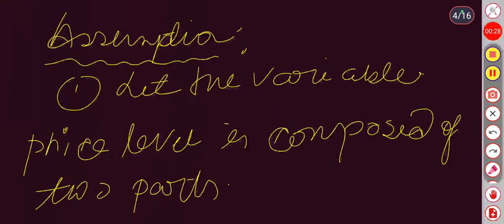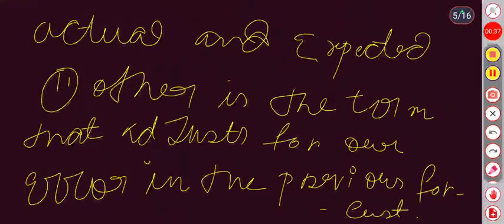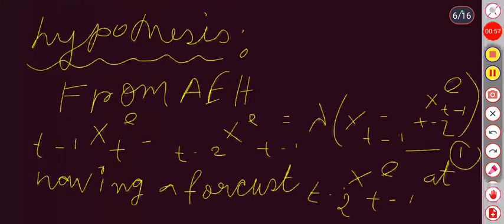There is some assumption that the variable price level is composed of two parts. One is actual price and other is expected price. Other thing is that there is the term that adjustment of our error in the previous forecasting. That means the adjustment for our errors depends on previous forecasting. So the hypothesis of the adaptive expectation is that expectation of the current period depends upon the